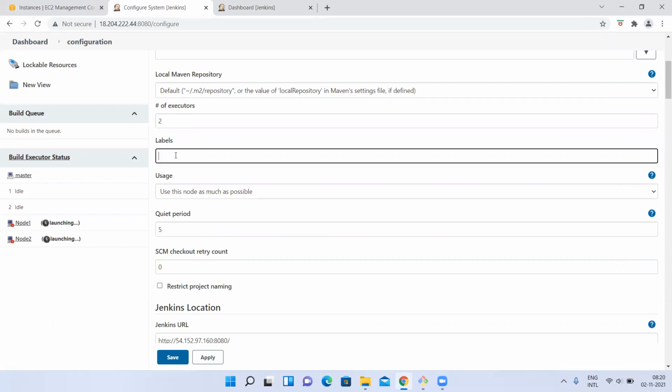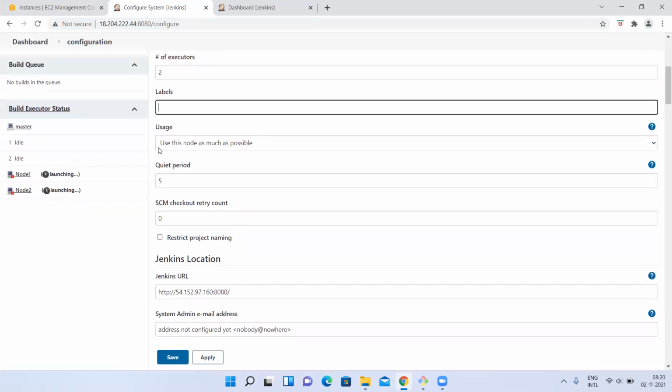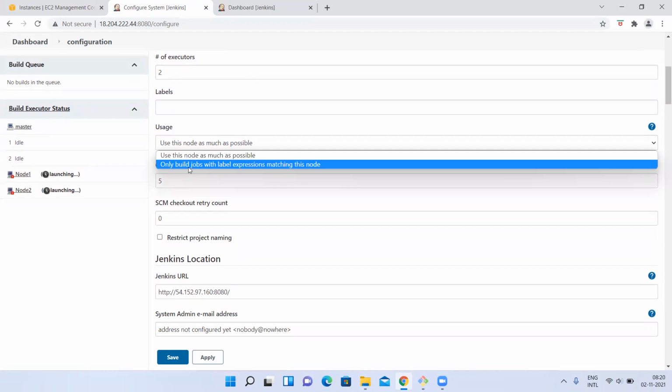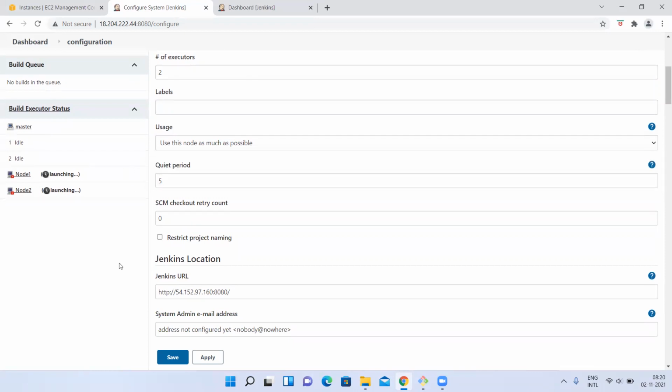This is for master. This label, I want to set a label for master as well. You can set it. If I want to restrict a job to execute only on master always, for master also you can set a label and restrict that job to execute on this label. Like that also you can set. Same as slaves, use this node as much as possible. Yes, if I want to keep this node always available and don't want to put a node level restriction, you can use that.